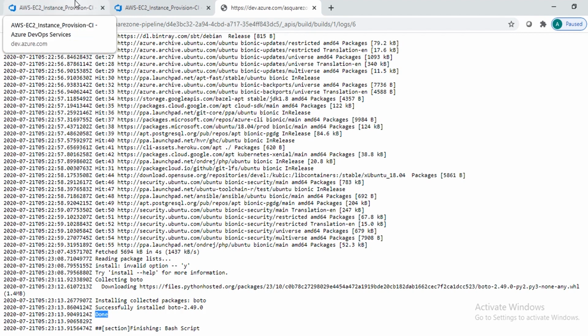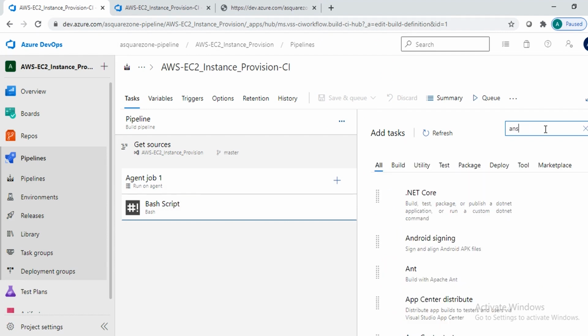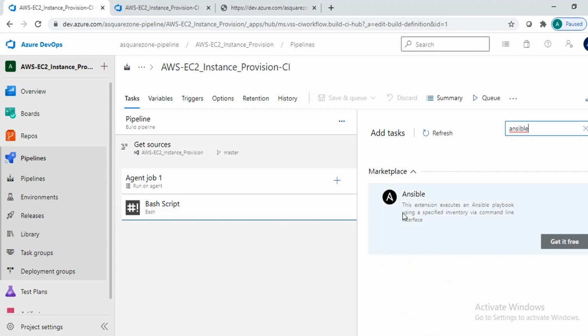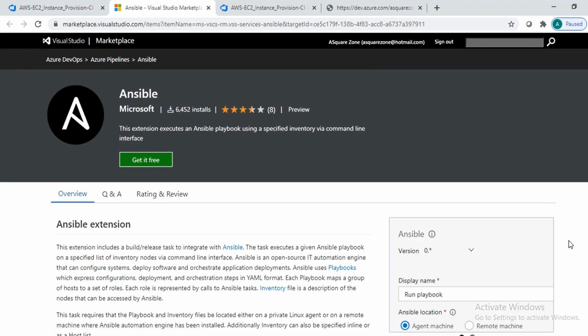So now we are going to install Ansible here. In agent job, we need to add one more task, Ansible. We'll search with Ansible. So we need to add this one to this pipeline as we are running a YAML file.